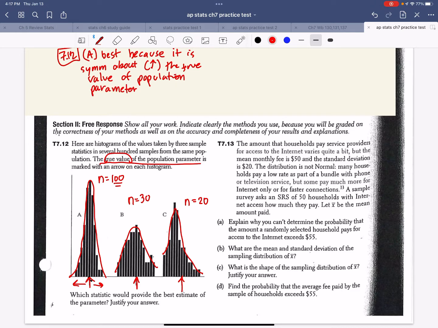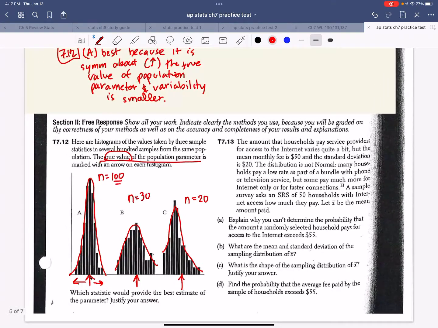And it would be a more accurate estimate because the variability is very small. And variability is small, or smaller than the other ones in comparison. Now we look at question number